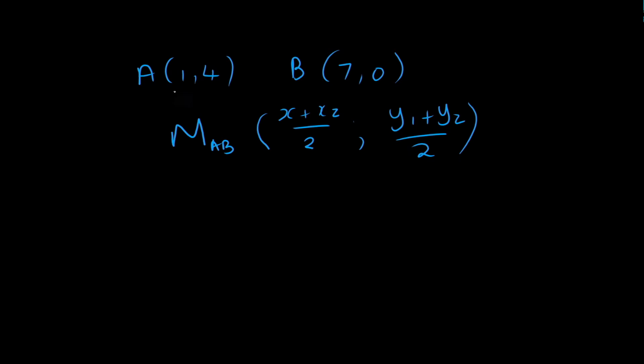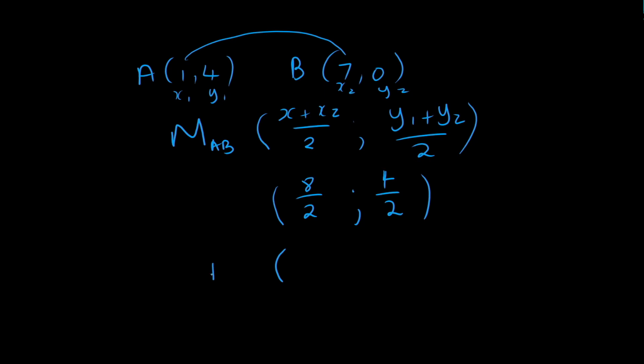Okay, we can call this x1, y1, x2, y2. So x1 plus x2, 7 plus 1 is 8. y1 plus y2, 4 plus 0 is 4. So therefore, the coordinates of the midpoint would be